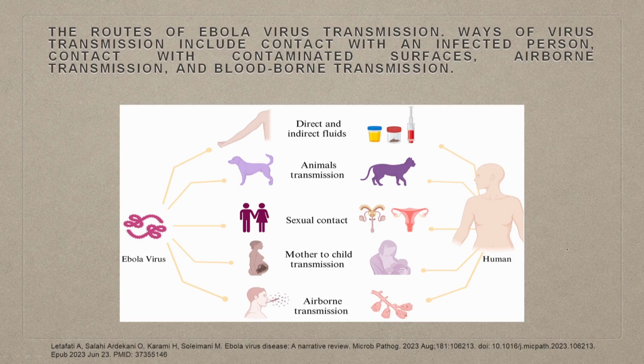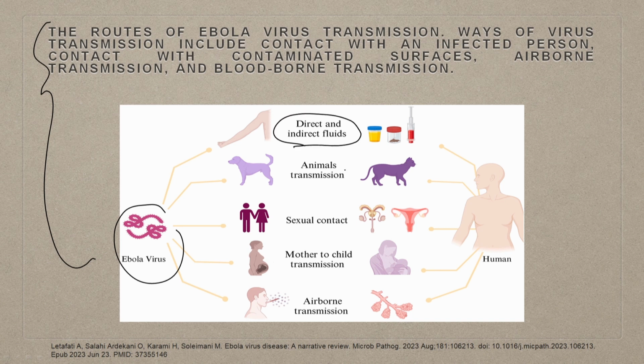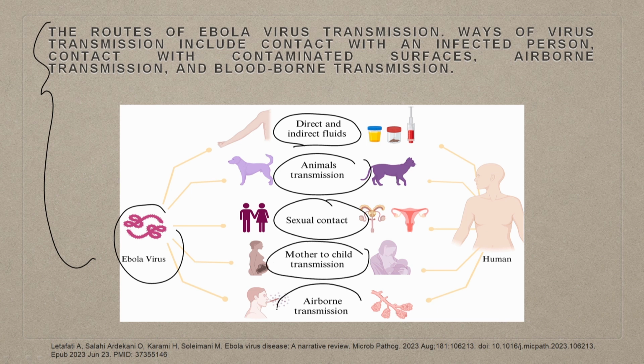So, if we look at the routes of Ebola virus transmission, here is the virus: direct and indirect fluids, animal transmission, sexual contact, mother to child transmission and airborne transmission. So, if you look at it, there are multiple ways it can get transmitted. That is why I was telling you about the airborne transmission. I was telling you, if a carrier moves to another country and sneezes, coughs or something, you are going to